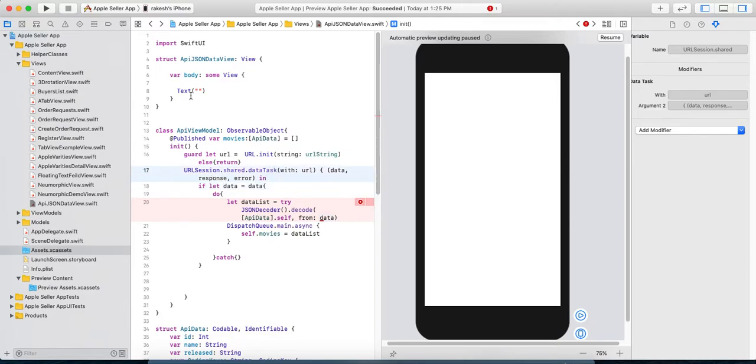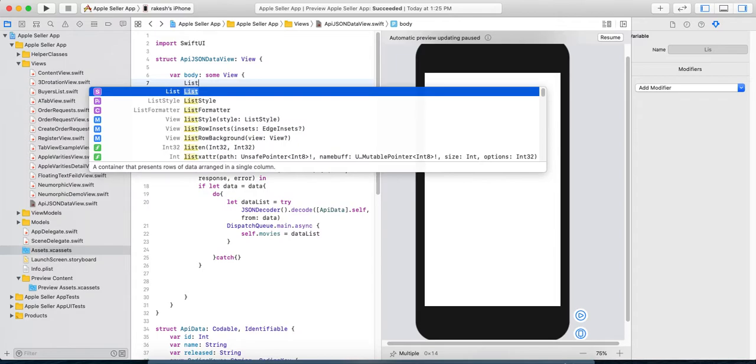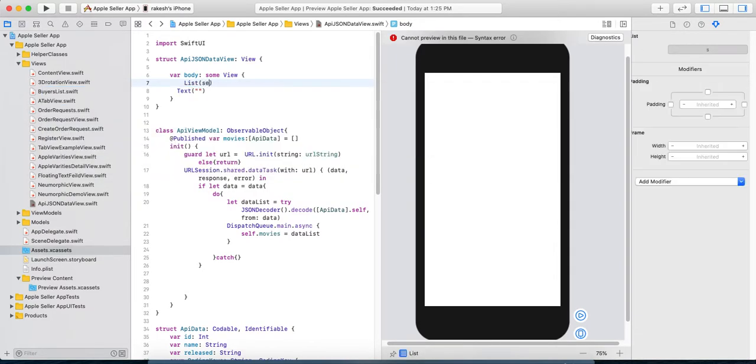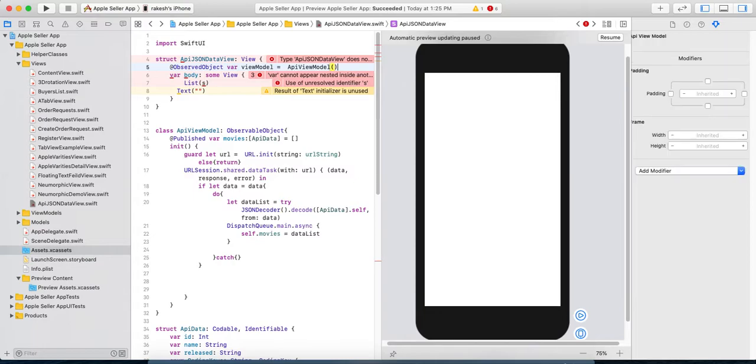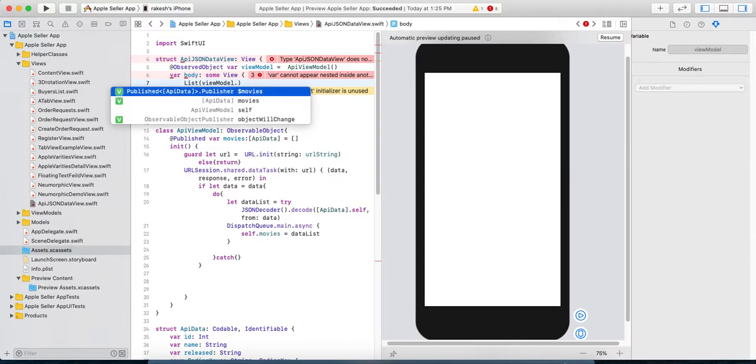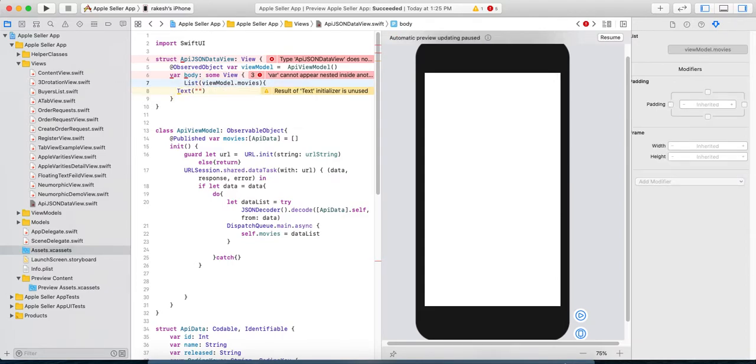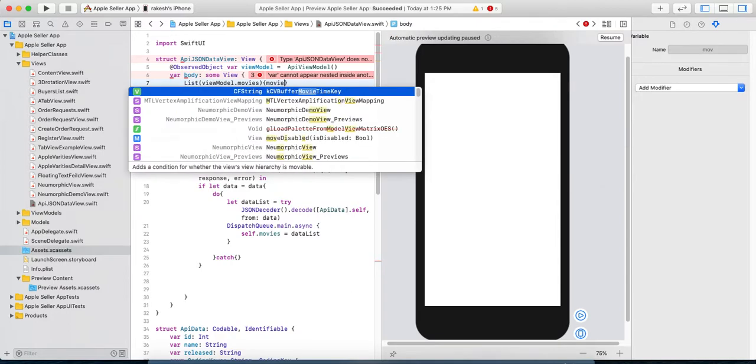So now we have to add a list here. We need to add a variable of the view model, which will be of ObservedObject type: ObservedObject var viewModel equal to APIViewModel, and we will add it here, and movies will come, and then movie.